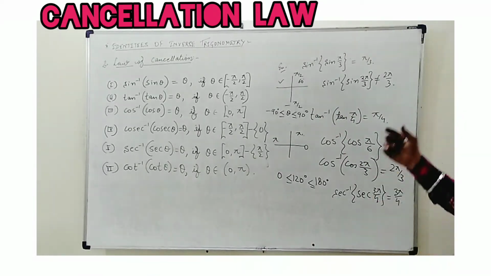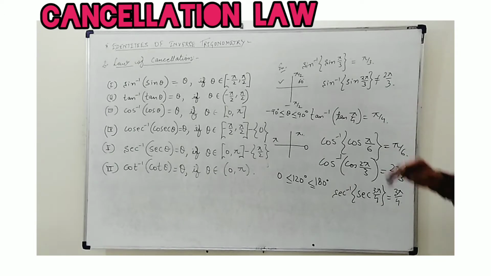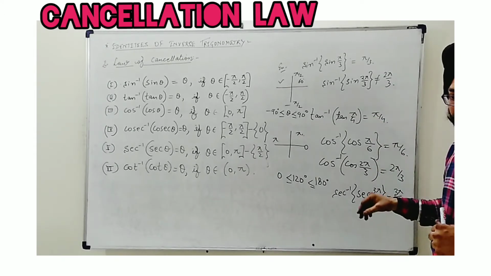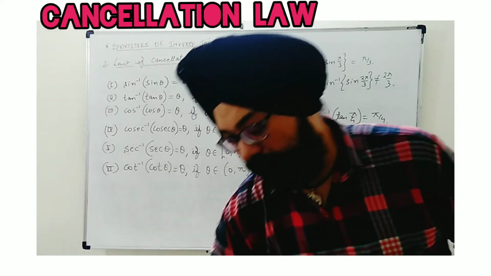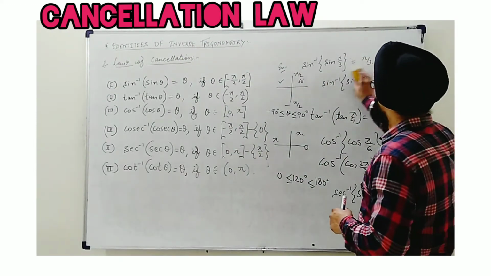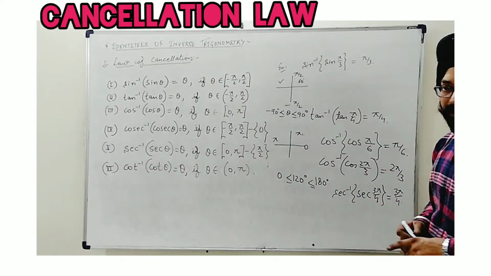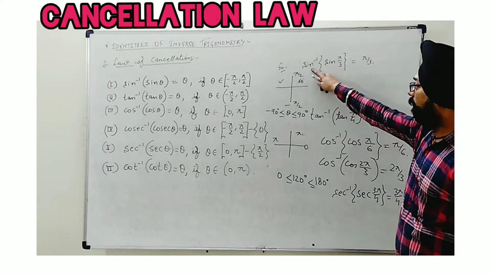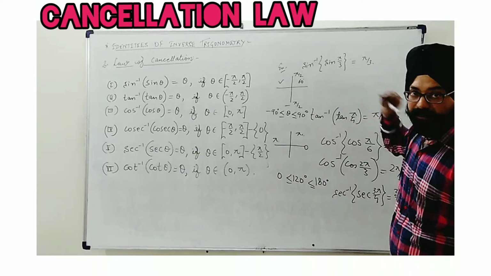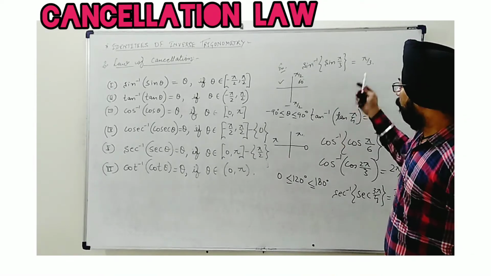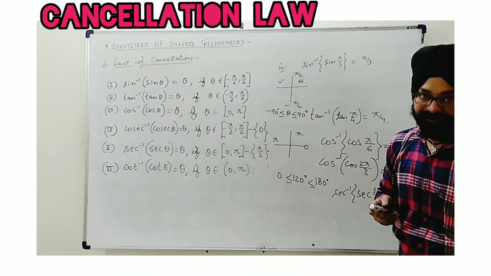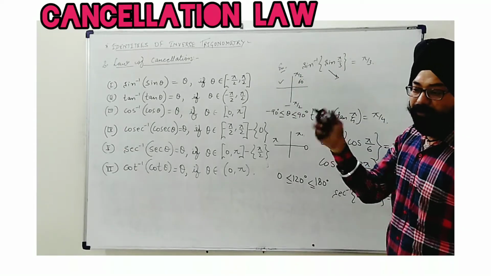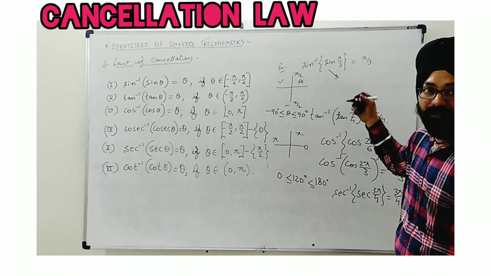Now I will tell you the second method of the same. How can we solve these equations by the second method? I don't think that method will be difficult for you. I see somewhere that it is easier than this one. You are given sine inverse sine pi by 3. Simply, sine pi by 3 is sine 60 degree. So suppose somewhere you are confused with this cancellation law, you can use this method as an alternative.